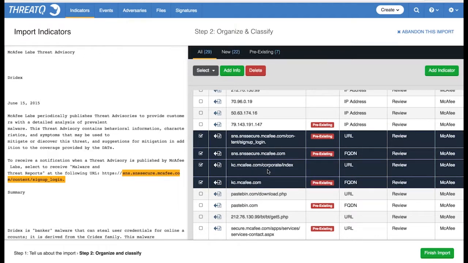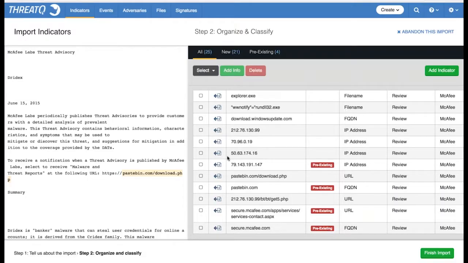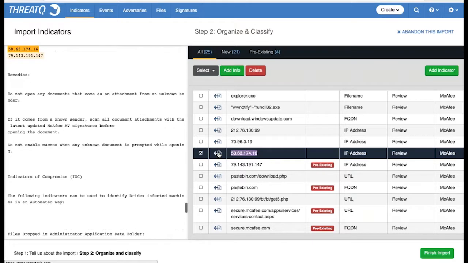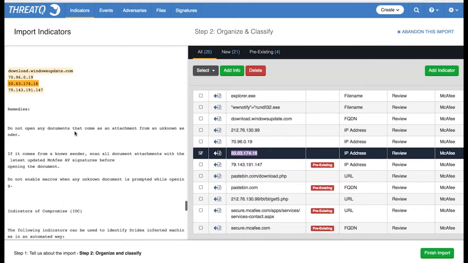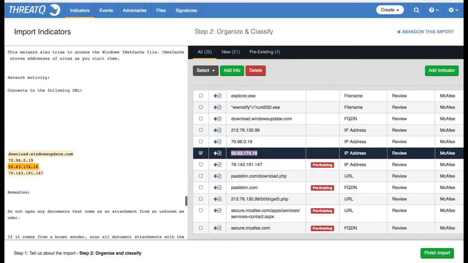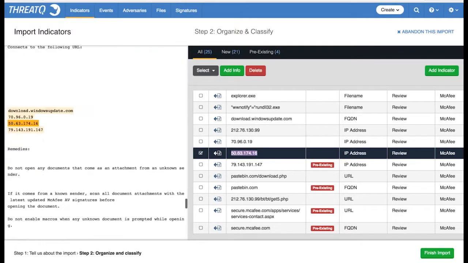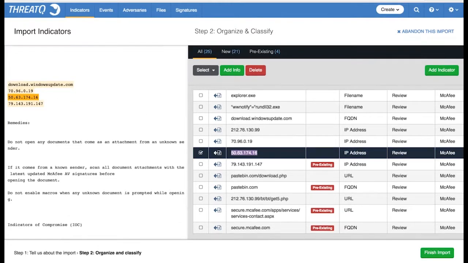That allows me to read around it and make sure that it is a viable candidate for import. Now, the other thing that I can do here is if I see something that I'd like to add that hasn't been picked up by the parser for some reason, I can simply copy it, tell ThreatQ to add it by pasting the value, telling it what type of indicator to add, and hitting the Add Indicator button. And there you go. You can see that that particular indicator I've just added has now been added into the